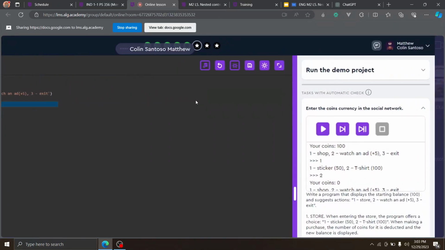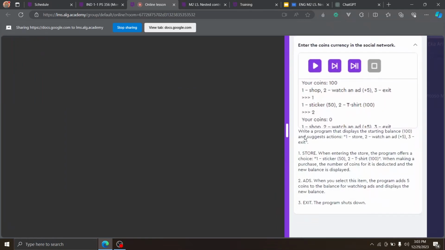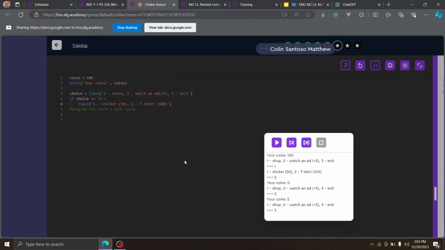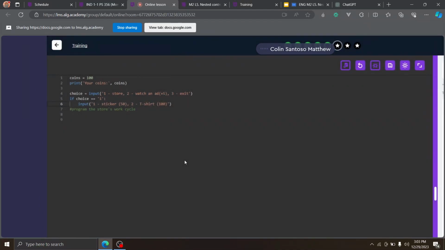When you try to purchase something, there are two items: a sticker for 50 and a t-shirt for 100. So you need to subtract your coins when you buy the item in the store. Okay, that's a good choice. You need to copy it to avoid